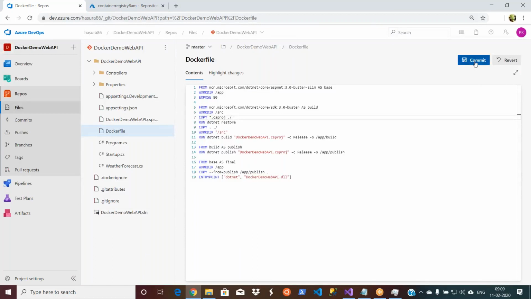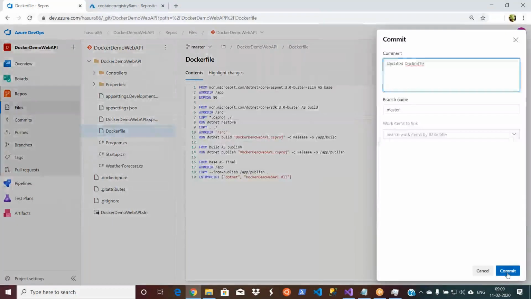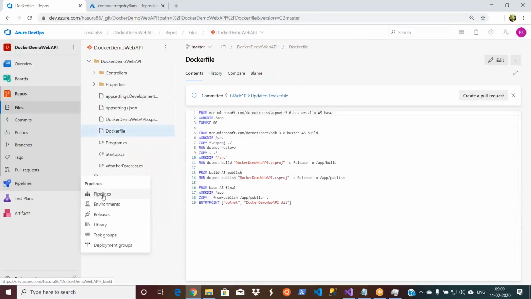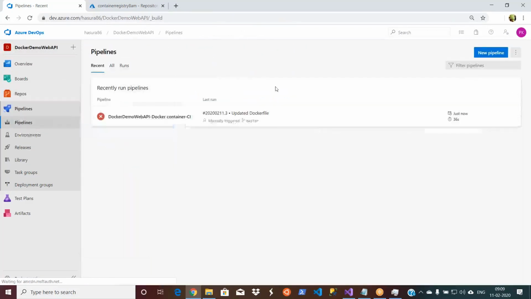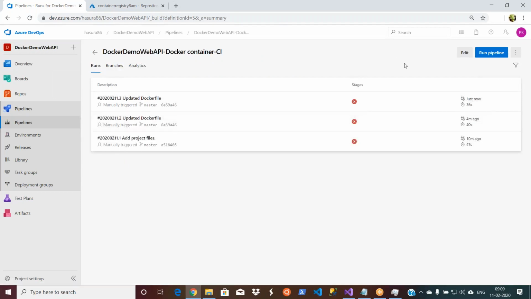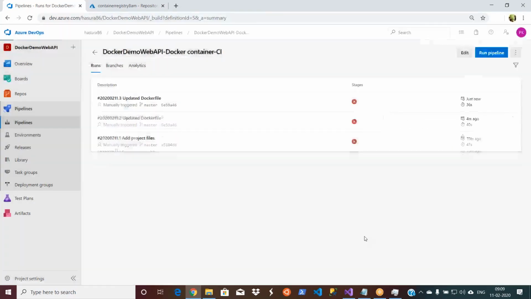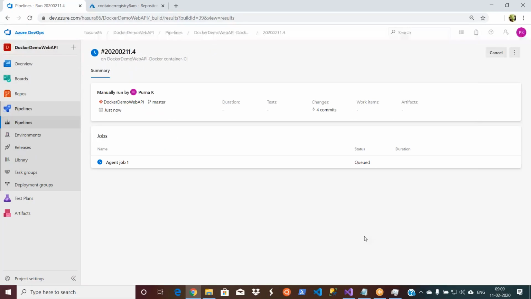Okay, commit, then say pipelines, open this, and then run pipeline. It should work now. That relative part should be dot slash. So these are simple issues. I mean, if you know preliminary task commands or something, you know what this is.